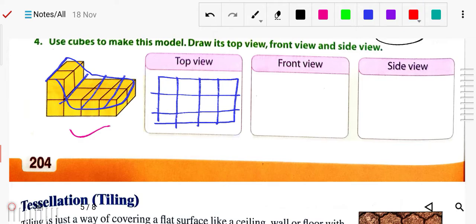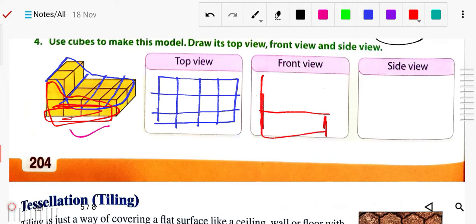And now from the front, so from this side how will it look? This all will be seen. So one will be here like this. First this part will be seen, so for this we will draw this part. How many total crosses? 3 again, 1 2 3. Then there is one more, this part, the upper one. So yes, this is complete, this is your front view.